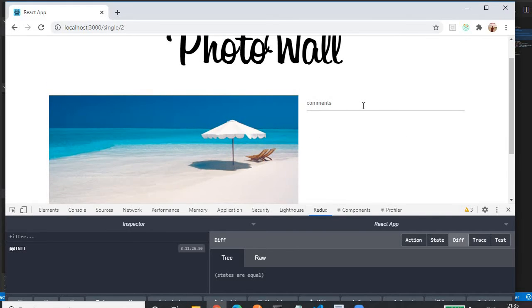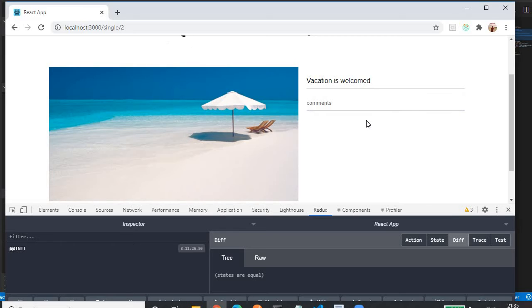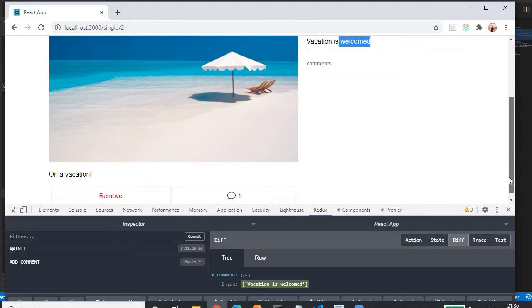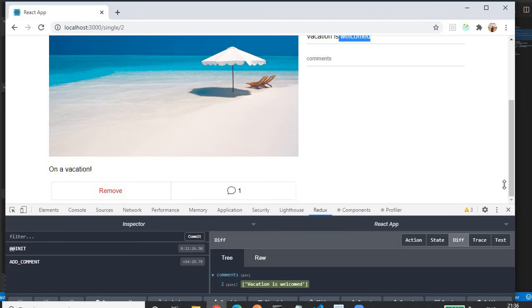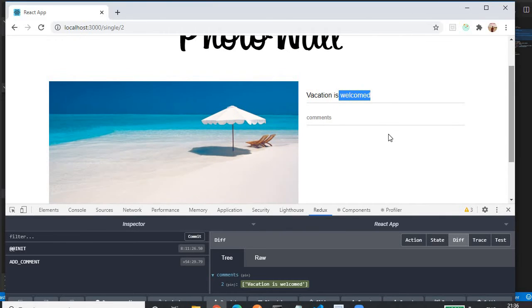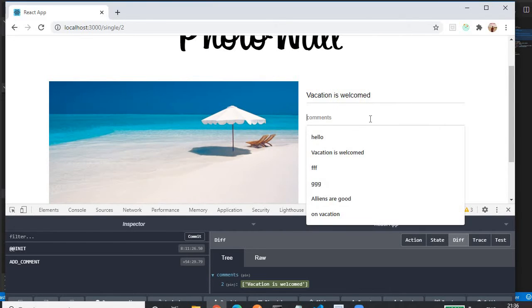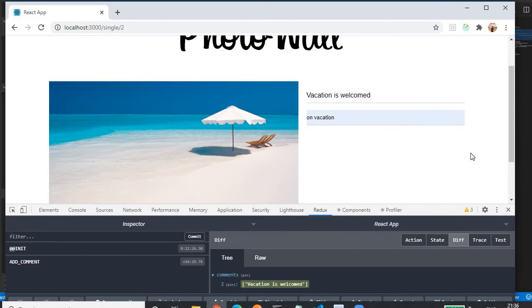So let me type, vacation is welcomed, then press enter. Whatever comment we provide will be reflected at the top, and if you scroll down, you will find one comment added. Then we can type another comment on vacation, then press enter.